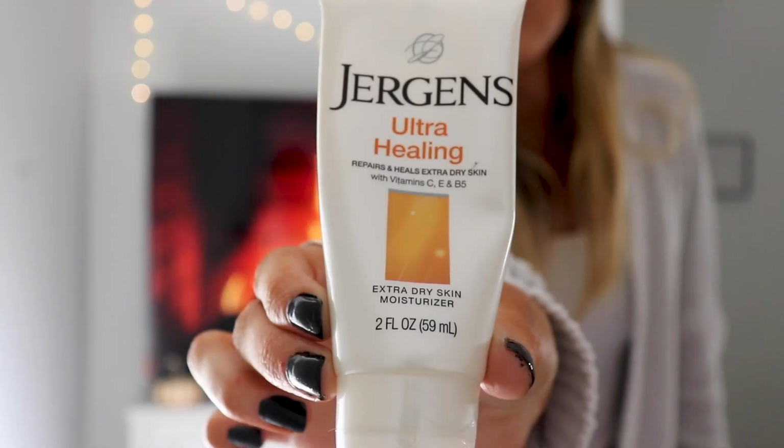It's really, really good. As for our bodies, we gotta keep those moisturized too, and it's gonna relate to the next thing I'm gonna show you. This one is the Jergens Ultra Healing Lotion. I have the travel size right now just because they didn't have the big one in stock. But they also have a coconut one that I really, really love. I just grabbed the travel size because I could not go without it. This stuff is amazing. And it's going to go into the next thing that I'm going to say is probably an essential, at least